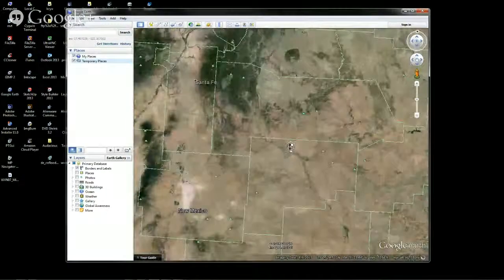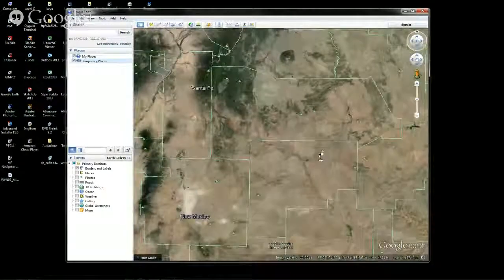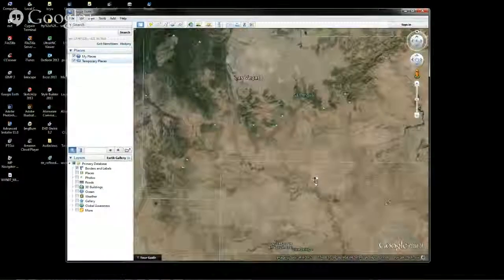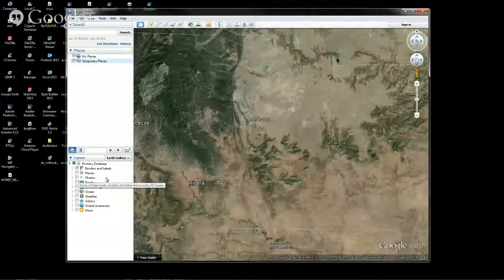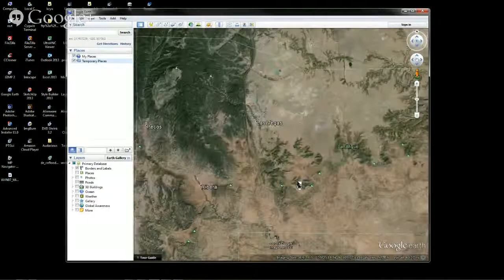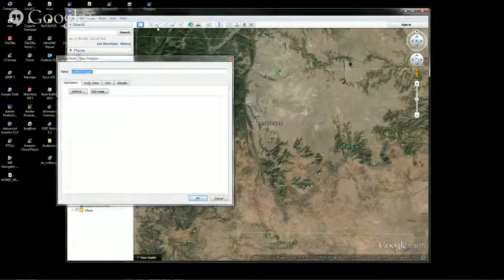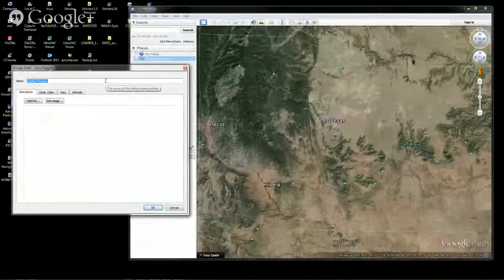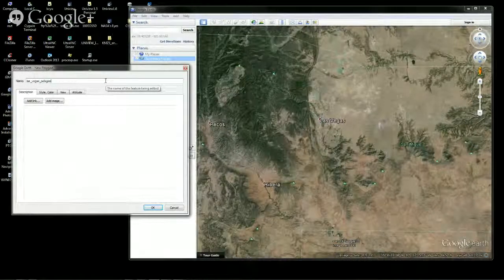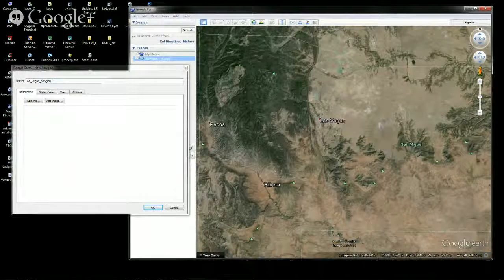And since we don't have time to create anything really complicated, what I would do is just show you how we might do something like this. And so let's go ahead, and we've zoomed into a totally random place, Las Vegas, New Mexico, and I'm going to come up to the row of icons at the top of Google Earth. And there's one that says Add Polygon, so I will click on it, and you see this tool box come up, and I will just call this the Las Vegas Polygon, and I will now encircle Las Vegas, New Mexico